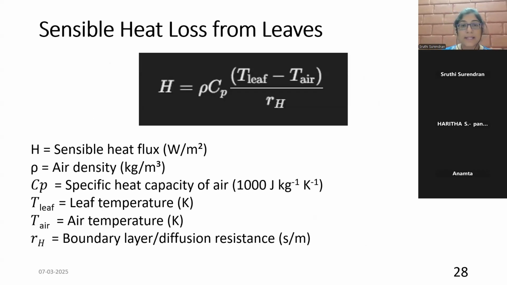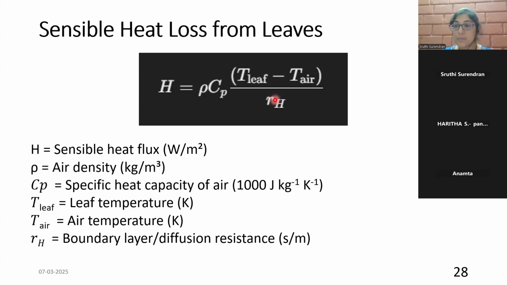Now, sensible heat lost from leaves is given by this equation, which is a function of the temperature. That is, change in the temperature of the leaf minus change in temperature of the air, and the specific heat capacity of the air and the air density divided by something called the boundary layer or diffusion resistance. So this is directly proportional to the difference in temperature between the two bodies in contact